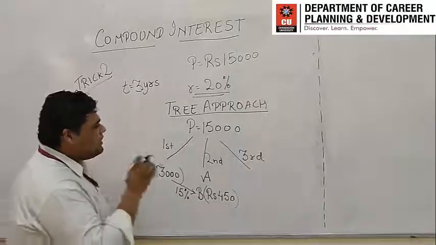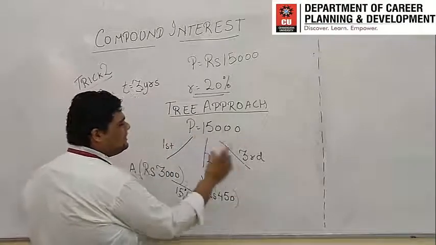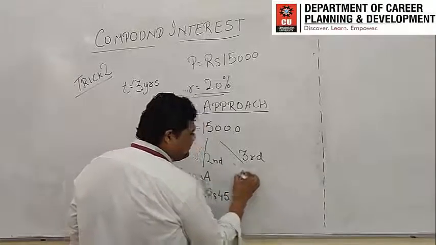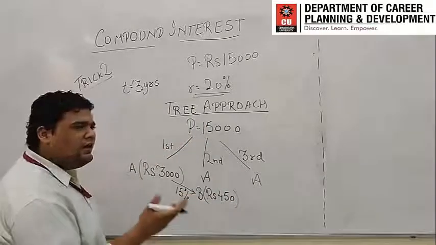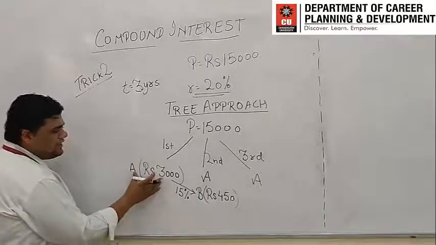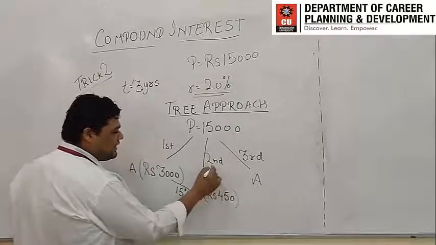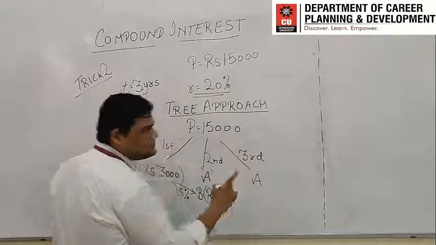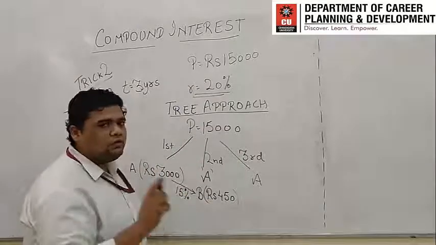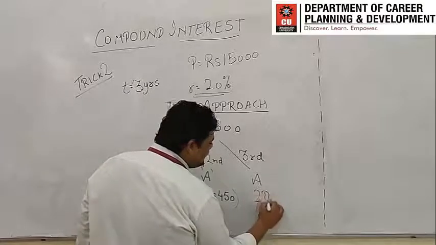Now in case of the third year. In the third year, again firstly the interest will be applied on principal. That interest will be again A. Then the interest on the interest applied before. So firstly the interest on 3,000, secondly the interest on rupees 3,000, that is A again. So 2 times the interest on A. So the B value also comes 2 times. So here the value will come 2B.